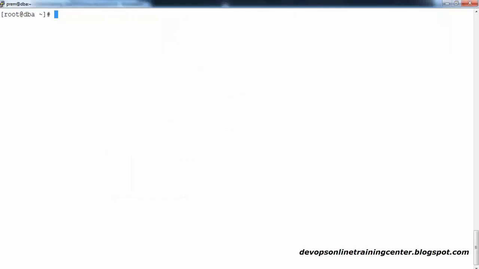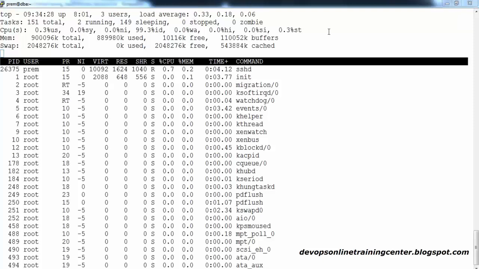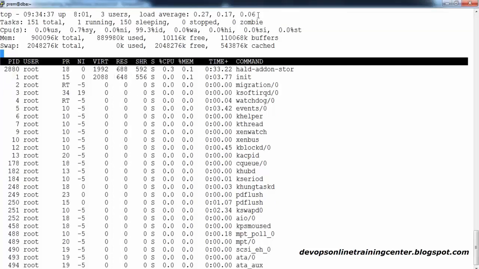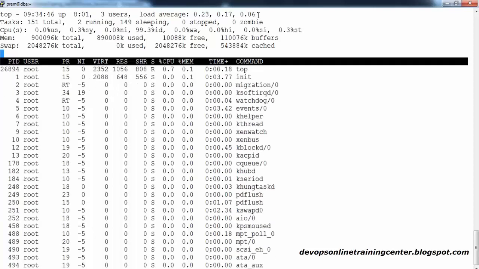Same thing, somebody may ask you to showcase it in Linux. top is a command to see the load on your machine. See here, can you see the first line, load, 0.30, 0.70, nothing, actually there is not much load. When you see a proper load, it goes to 3.5, 4.5, 5, 6, 7, 7.0 something.